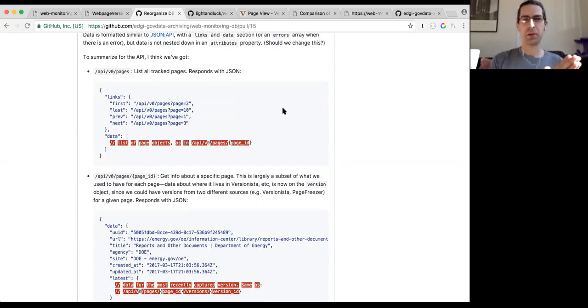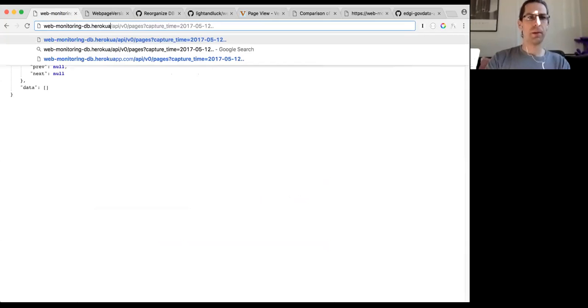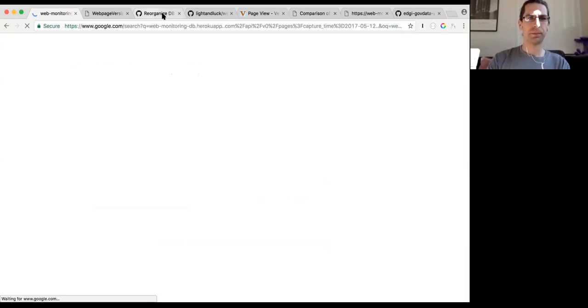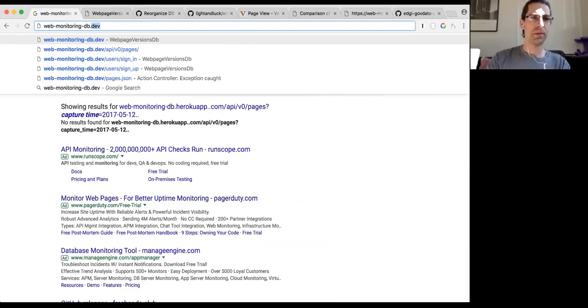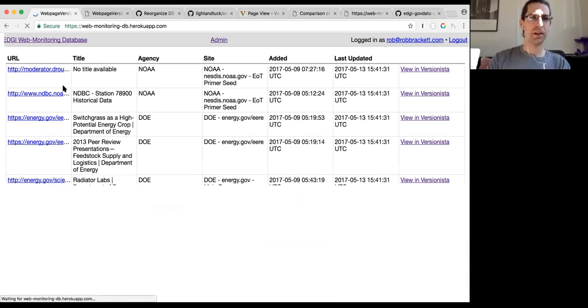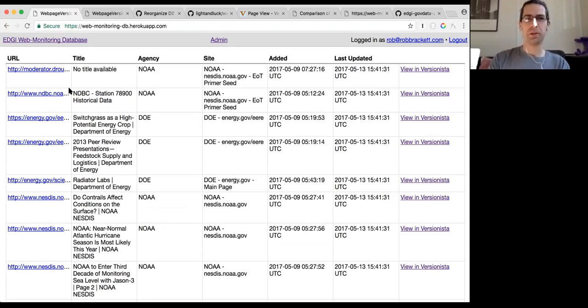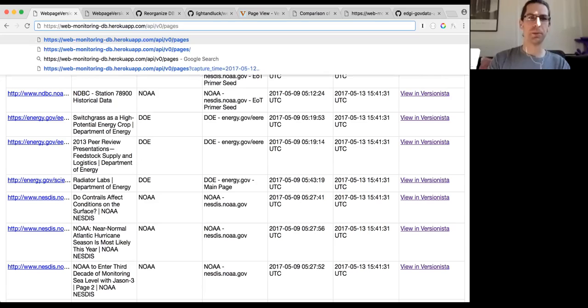But basically, web monitoring DB currently lives at web-monitoring-db.herokuapp.com. And it'll give you on the page a semi-friendly formatted version of the API. But if you want to see what the API is actually responding, everything is at